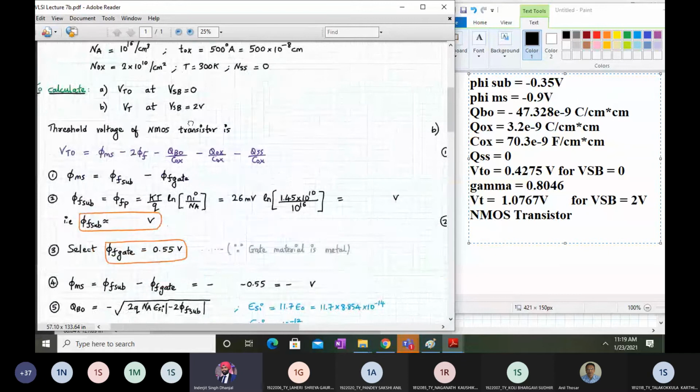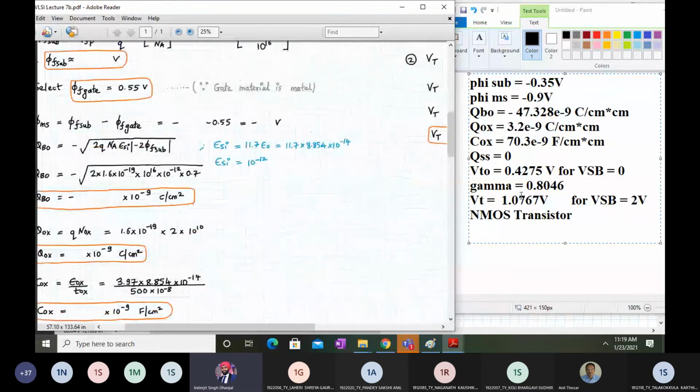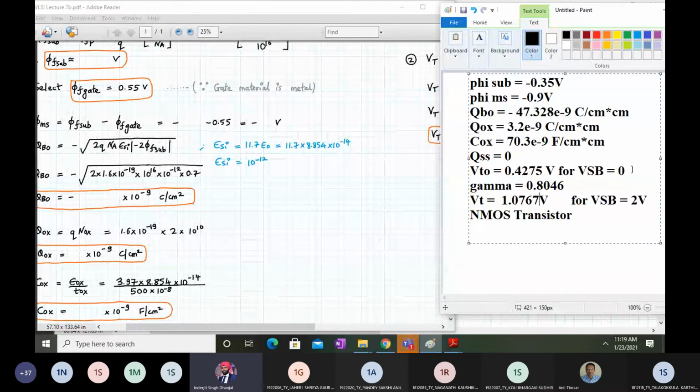Wonderful. So we have seen that now. That's a very important learning over here. Just see this: VTO for a zero substrate bias is 0.42, whereas if you have a transistor where the source terminal and the body terminal are non-zero, see the effect on VT. The threshold voltage increases. The threshold voltage is basically when the MOSFET starts turning on, correct? If you increase the gate to source voltage beyond the threshold voltage, the current starts flowing. That's why the analysis of non-zero substrate bias is very important.